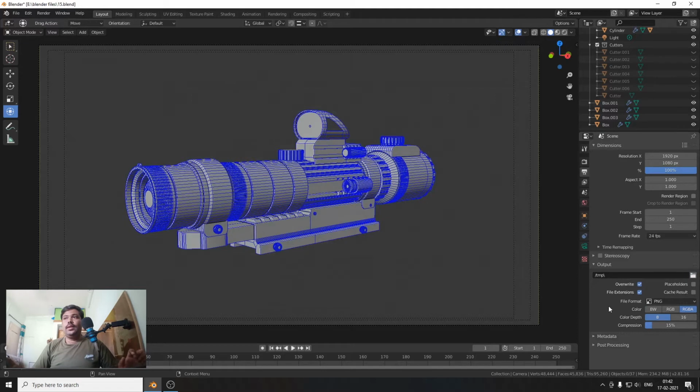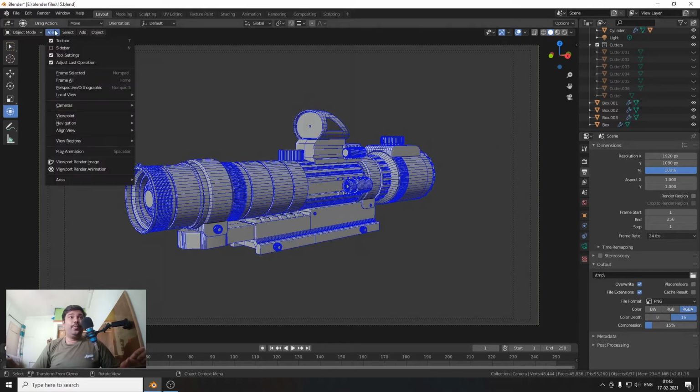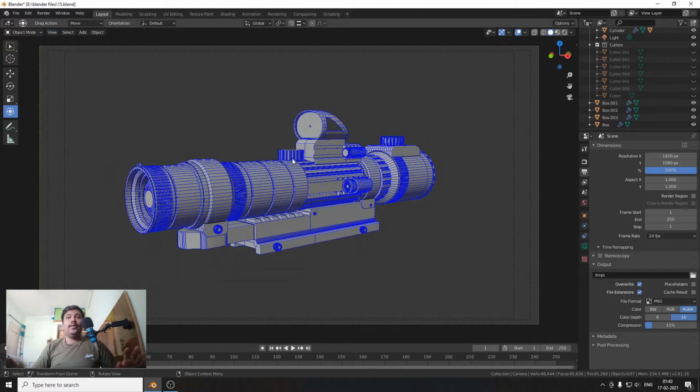Once you have done this, click on the color depth, which should be 16, and then click on the view option. After that, click on the viewport render animation, and once you have clicked on that, all the output will be saved into your output folder.